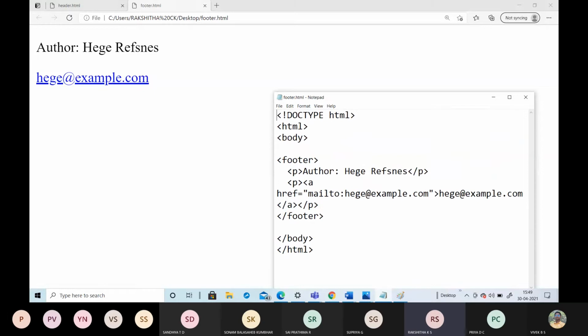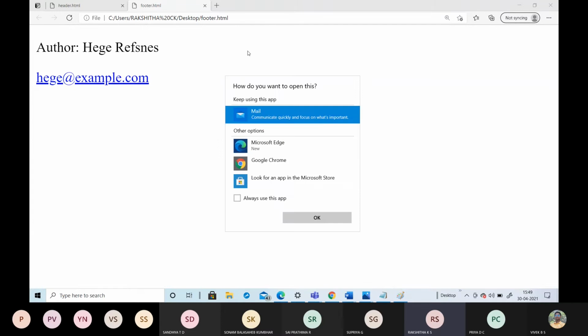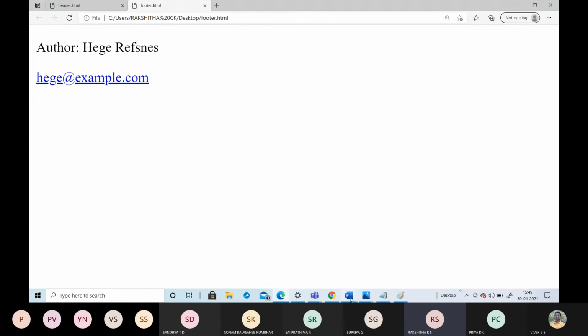So usually, what does a footer contain? It contains the less important material, or any examples, or any author information, or any copyright information. In this footer, I have included some other information. Here is the author, which I have placed in the paragraph, and it is some of the information which needs to be placed in the footer. If you click on that, it will move on to the next page.